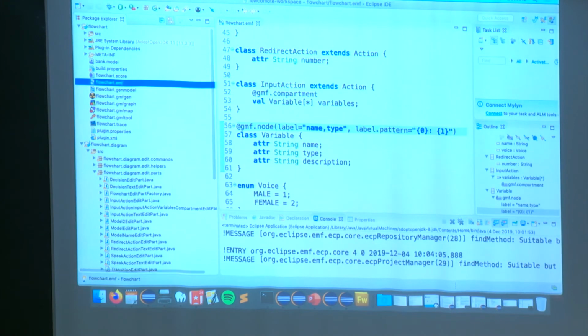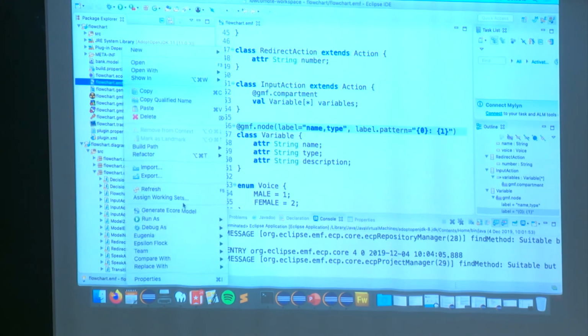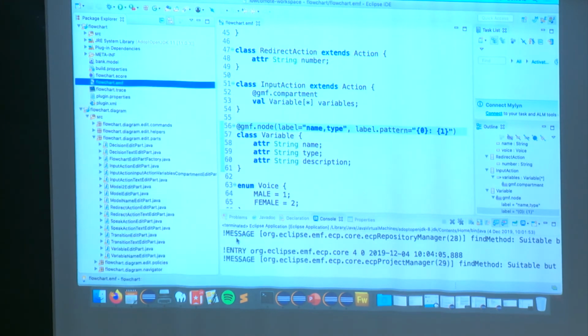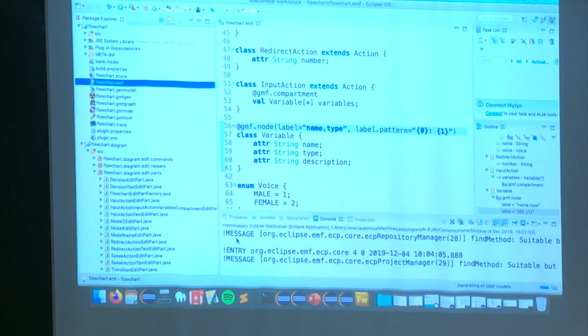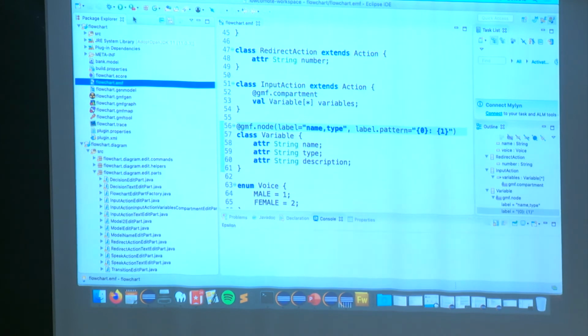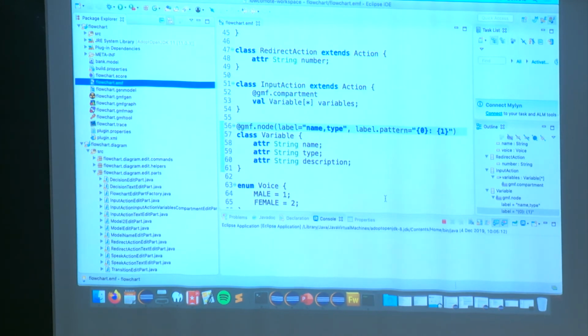So if we were to generate our editor again, and run again a new instance of Eclipse,